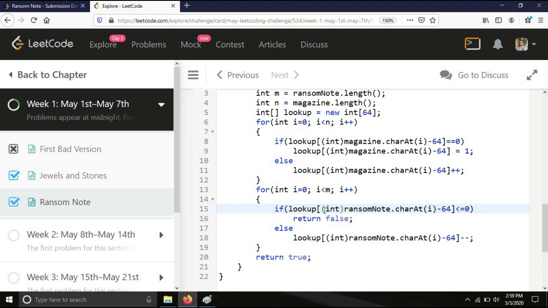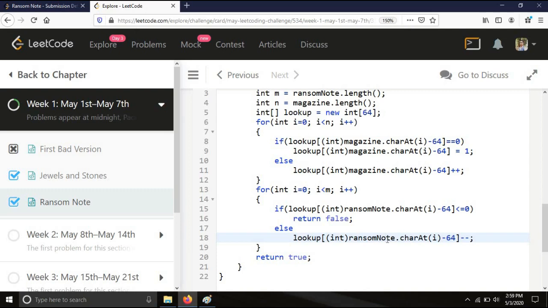Firstly we check in the lookup table whether the character is present or not. If its value is less than or equal to 0, it means it is not present, and then we will immediately return false. Otherwise, if it has some value, 1, 2, etc., it is present in the magazine array, and now we will use that and decrease the counter of that character in the magazine array by 1.